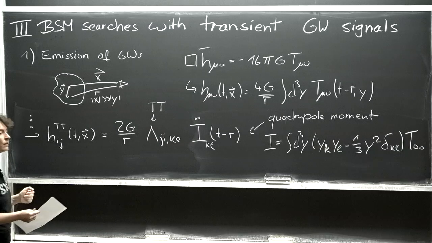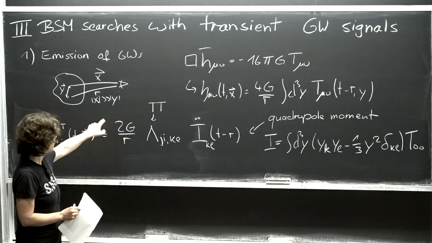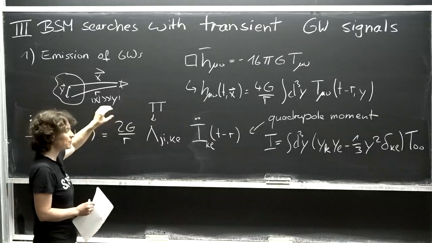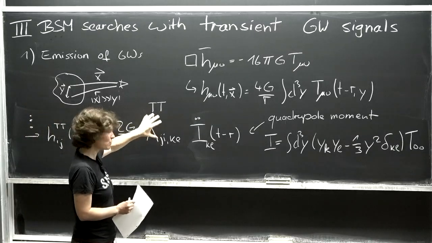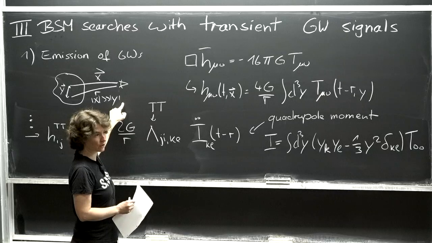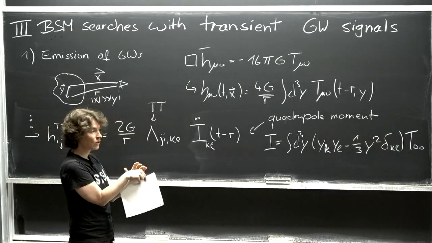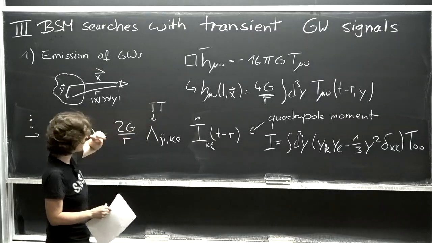So when you say we're in TT gauge, is it like a TT gauge far away? Yeah, it's an approximation. We're choosing exact TT gauge, but the results are approximate, up to corrections of order y over r, the size of the source over the distance to the source. The other approximation here is that we're assuming